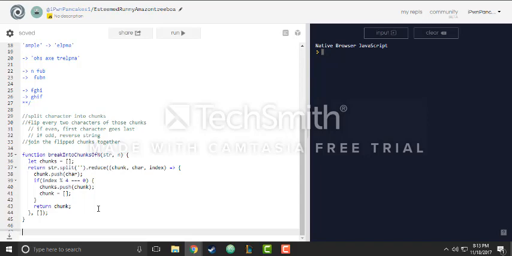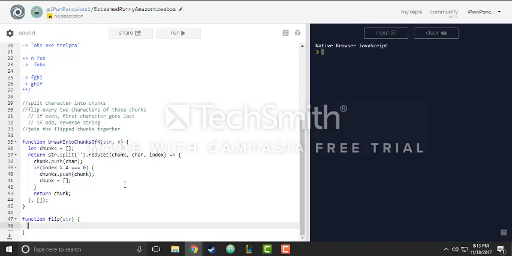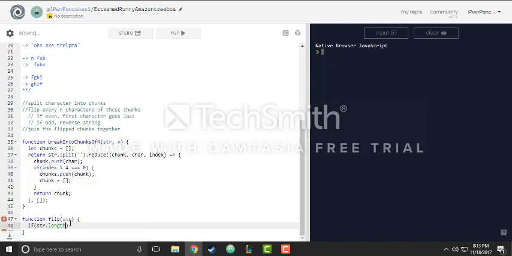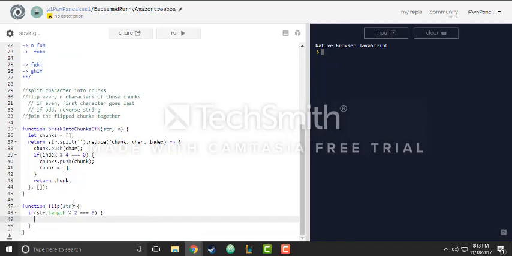Flip every two characters of those chunks. So flip will function, flip, right? We take the string. Flip every n characters of those chunks. If even, so if length, well, how do we decide something's even? We divide it by 2 and see what the remainder is. Flip, right? So if it's even, then